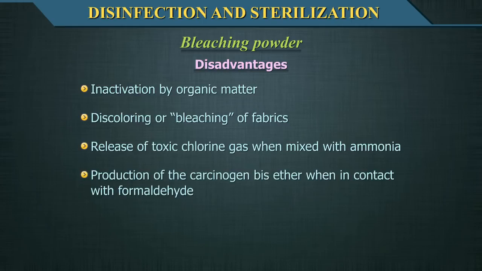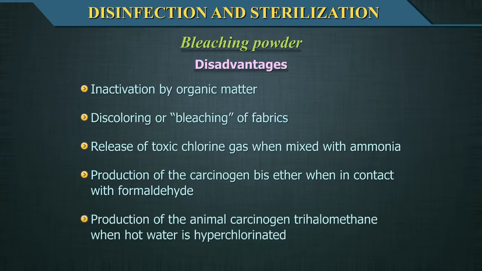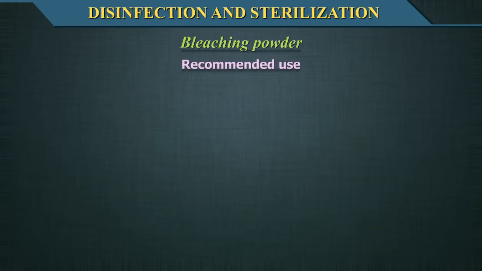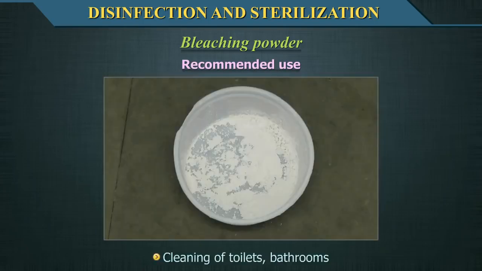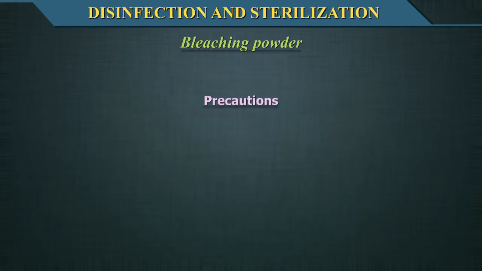A potential hazard is production of the carcinogen bis(chloromethyl) ether when hypochlorite solutions contact formaldehyde, and the production of the animal carcinogen trihalomethane when hot water is hypochlorinated. Recommended use of bleaching powder: cleaning of toilets and bathrooms. Precautions: use in well ventilated areas, use protective clothing, corrosive to